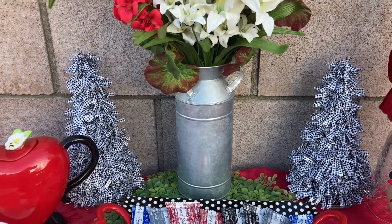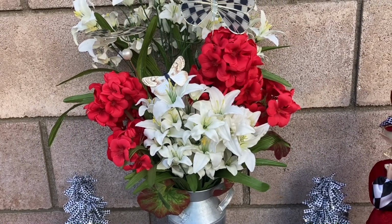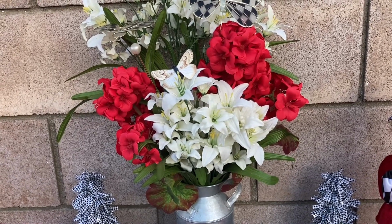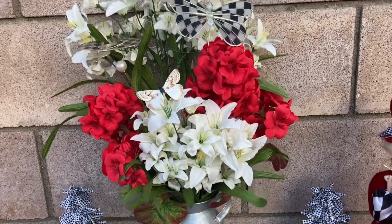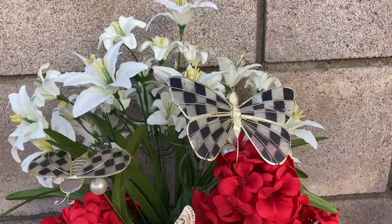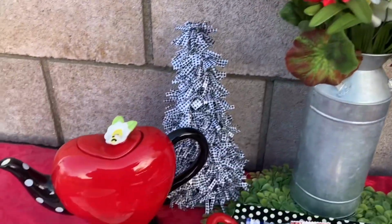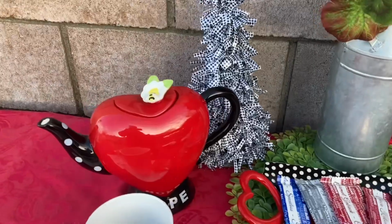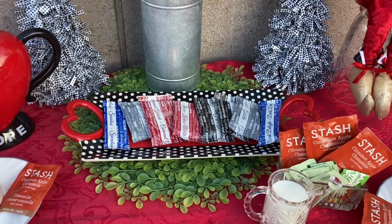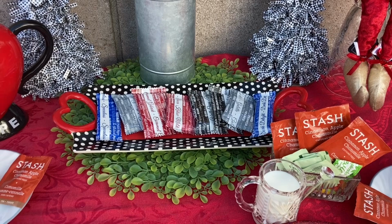It's not new either. The flowers are probably from Hobby Lobby or Walmart. That's where I buy most of my nice flowers, from those two stores. And then of course these are my Mackenzie Child bee and butterfly that I've had a couple of years. They're not new either. And these beautiful, the teapot and the tray were bought at Hobby Lobby